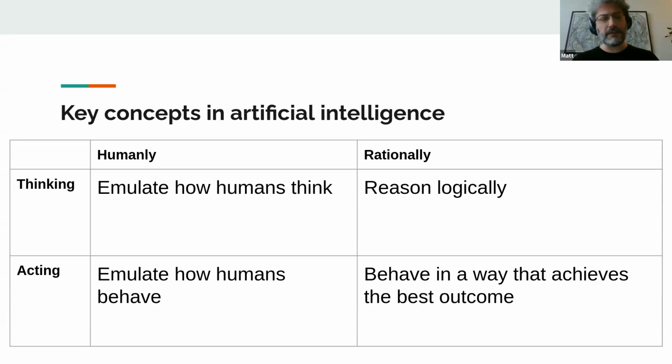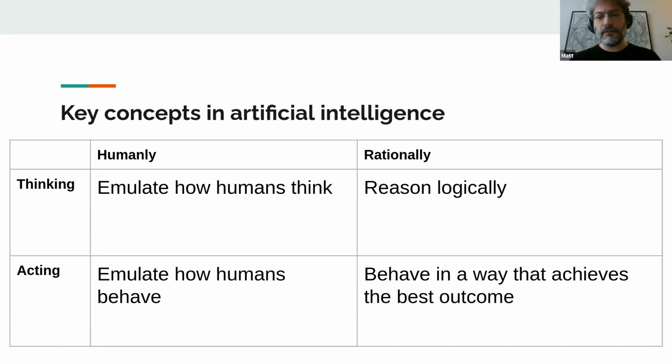There's two dimensions here. If we look at the chart along the y-axis, looking at the rows, we're concerned with thinking and acting. With artificial intelligence, we might want to emulate the thought processes that go into doing something smart. Or acting, where we're just interested in the outer effects of that, like behaviors, without thinking about what's going on on the inside. And then the columns here, humanly and rationally: we're interested in thinking like a person does or acting like a person does,